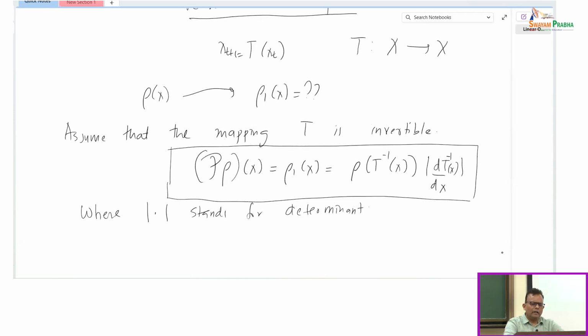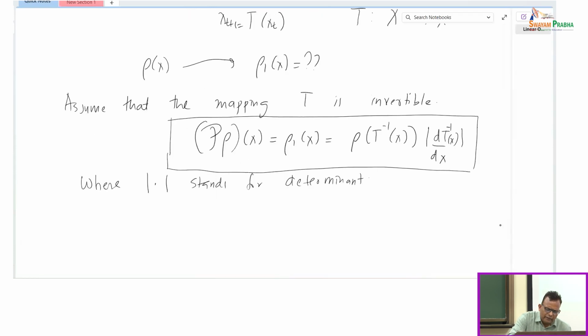Of course, we are more familiar with it when the rho has a physical interpretation of the probability density. Okay, now. As I said, you can define this more generally, for those who know a little bit about measure theory. I don't expect you to know about measure theory, but if this T is not invertible, then this Perron-Frobenius operator could be defined more generally on a space of measures, and there you don't need invertibility. Okay,